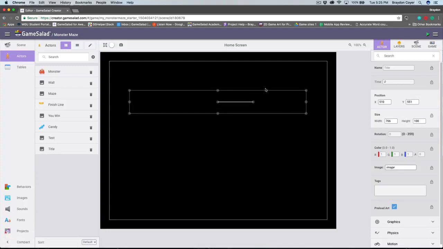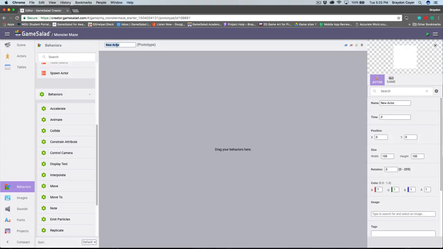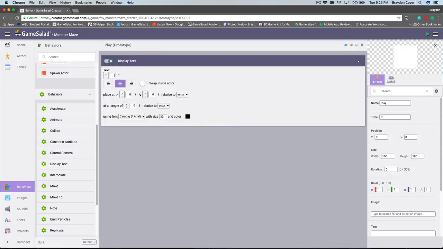Now we need a play button. In the Actors tab, I'm going to click the plus icon to create another new actor, and I'm going to name it Play. I'm going to add a display text behavior, and I'm going to add in the text Play,